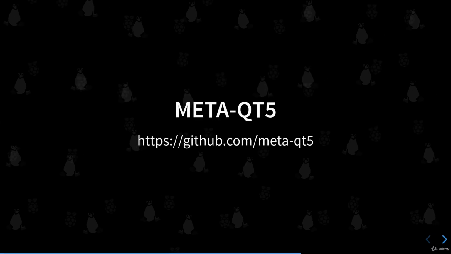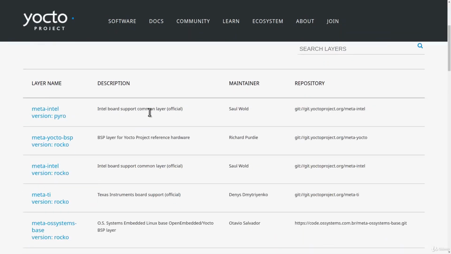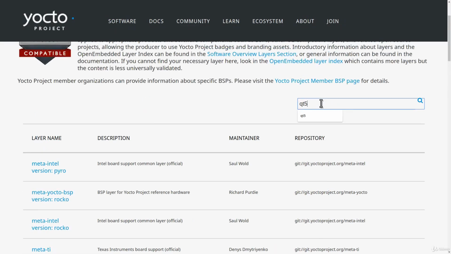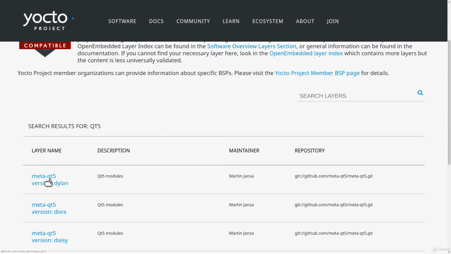So the first thing we need to do is add a meta layer which adds Qt support in our sources. As usual, if we don't have a specific layer in hand, we search for one through the officially supported Yocto layers or the OpenEmbedded Layer Index. In this case, I'm going to go to the Yocto Project website, look at the compatible layers, and search for a Qt5 layer, which is the latest release of Qt. We do find one,